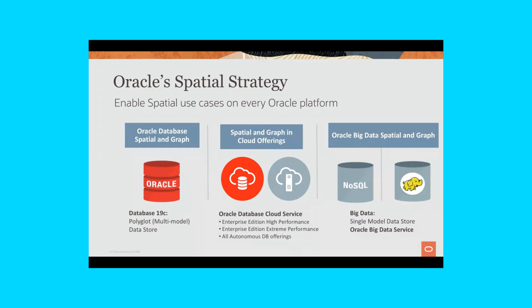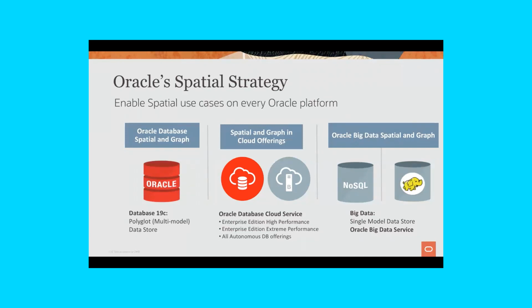Five years ago, we also started adding functionality into the big data platform. As part of that, we have a product called Oracle Big Data Spatial and Graph. This is basically adding spatial capabilities into the MapReduce and Apache Spark frameworks. If you're a big data developer, you can take advantage of this product to build spatial applications on that platform. If you look at the breadth of the features on the big data platform, it's mainly to cater to specific types of applications that are suitable for a big data platform.